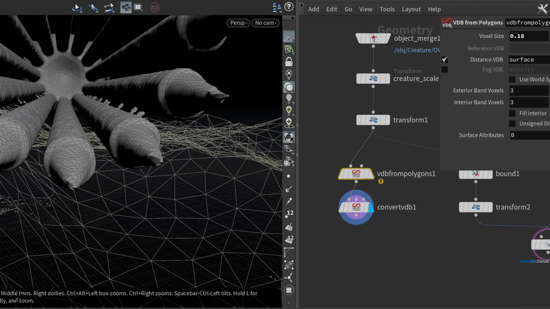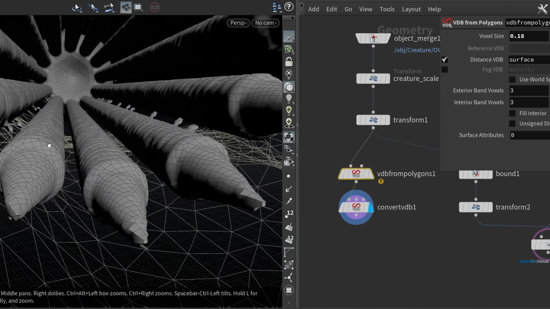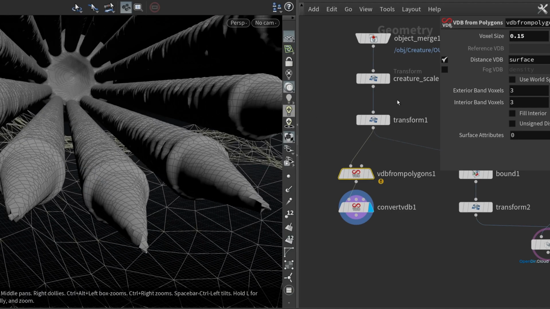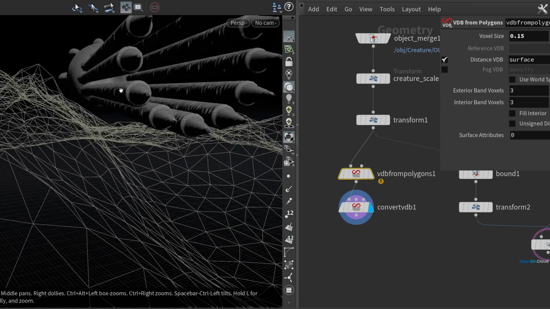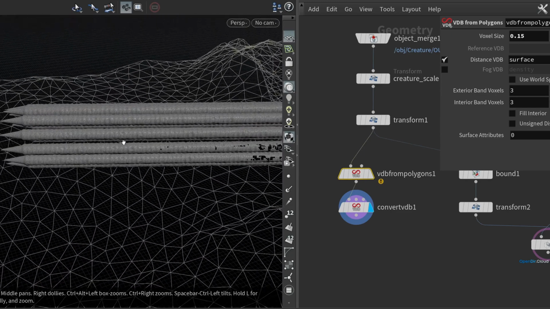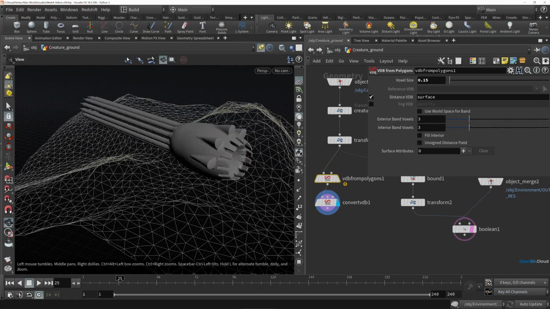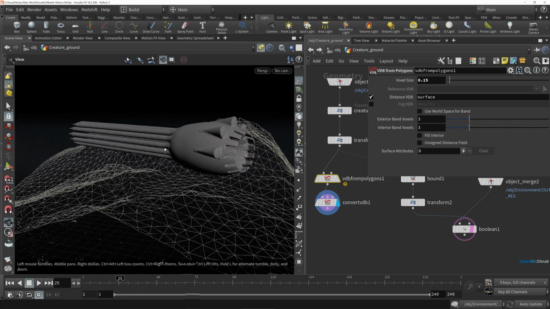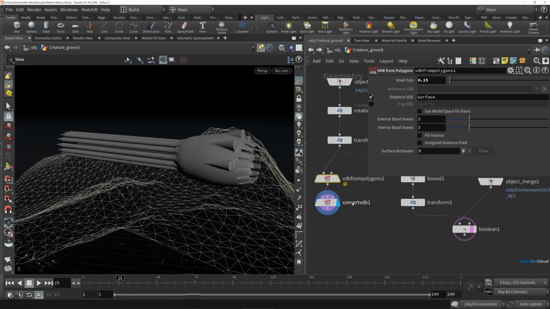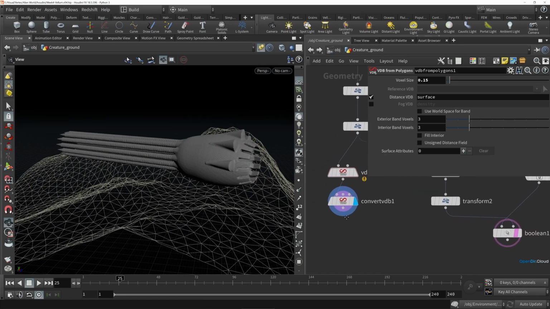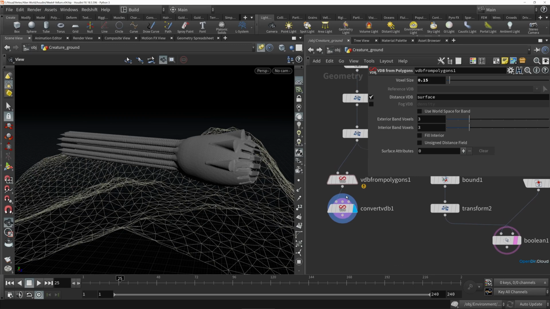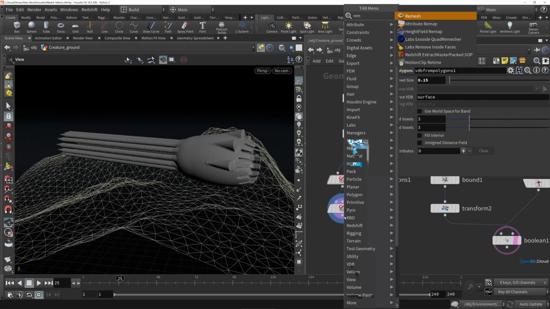This looks all good, except for this one little spot here. So there we go. 0.15 seems like a good resolution for a decent proxy mesh here. However, this is a bit higher resolution than we really need for the sake of sculpting this creature's position. So after we do our conversion to polygons here, we can also remesh this to get a more appropriate resolution